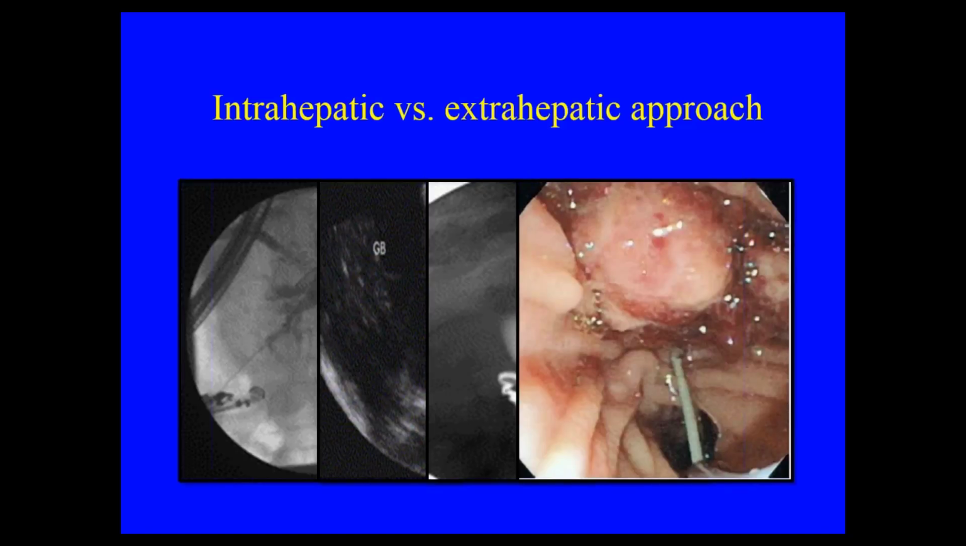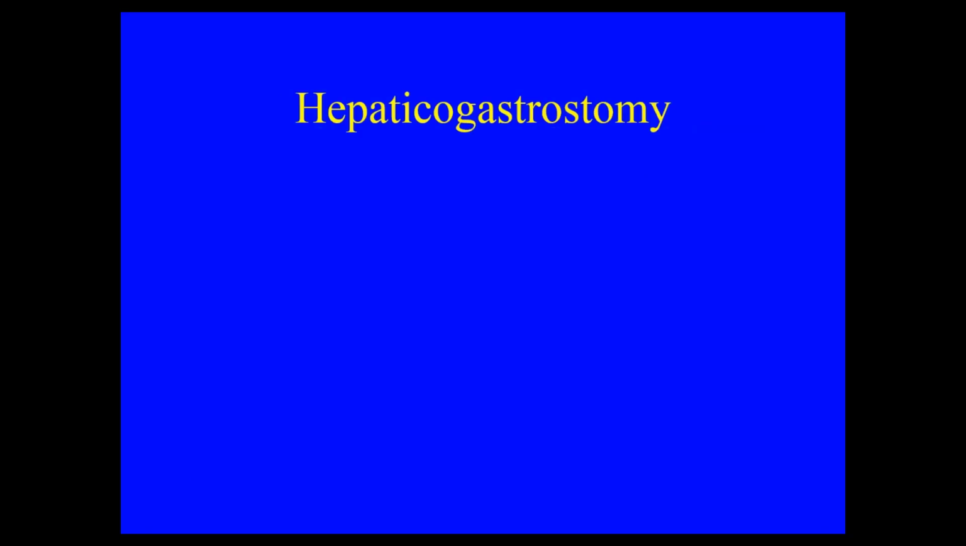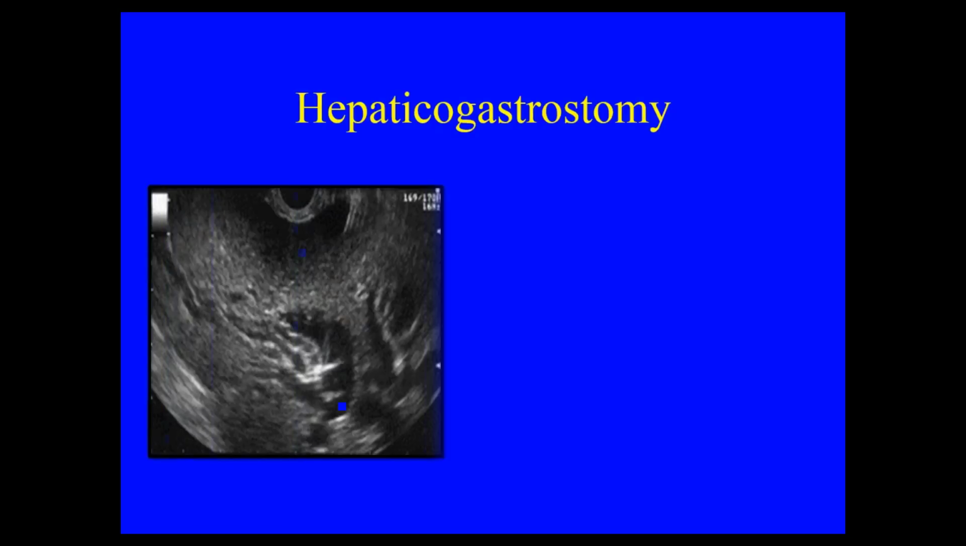Well, what if the wire cannot be traversed through the ampulla? Then a rendezvous approach is not possible. Then one might consider placing a stent directly via EUS. First description is a hepaticogastrostomy. As I said,